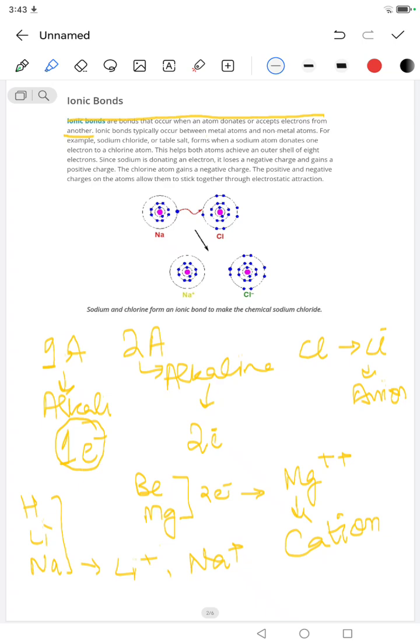Same way, if you see here, we have the sodium. Sodium belongs to group 1 and it has the atomic number of 11. So if you see, the first shell contains 2 electrons, the second shell contains 8, 2 and 8, 10, and the third one is containing 1. So this is how this 11 figure is complete. So this one electron can be lost in the form of sodium positive ion. So there's now one electron less outside the sodium, and that's how it becomes Na+. The same way, chloride